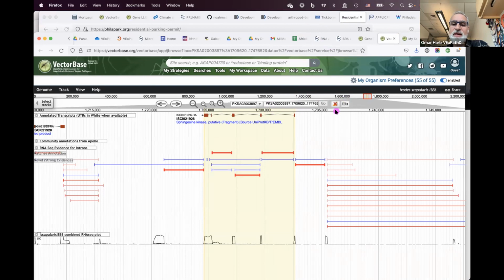As other people maybe raise their hands, I'm going up in the chat. David, I know you've been monitoring the chats too, and I'm sure Gloria is looking at them right now, but if you have anything you want to make sure gets discovered. One question that came up was whether we have data for soft tick species as well. And the answer is currently we don't. Of course, keeping within the mandate of the VEuPathDB project, as supporting human pathogens and vectors of human pathogens,